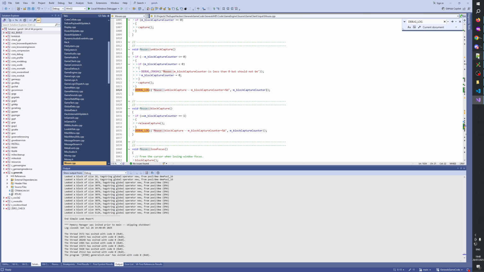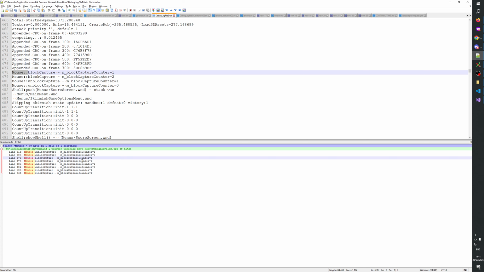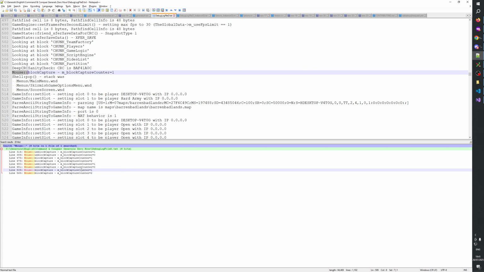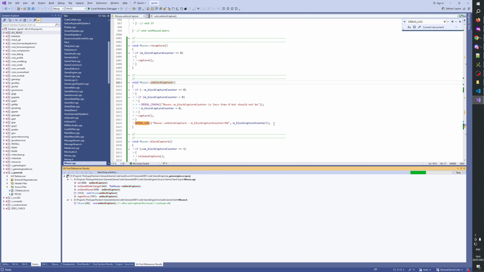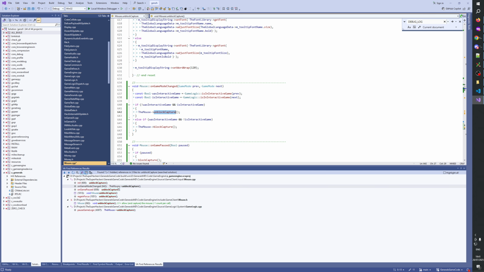Mouse. Okay, the problem with this logging is we can't really see who's doing what, right? How about we add logging to here?